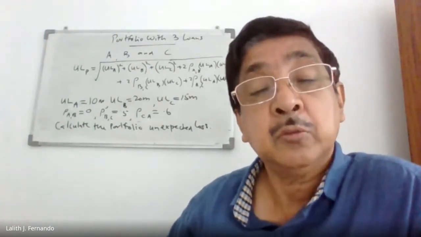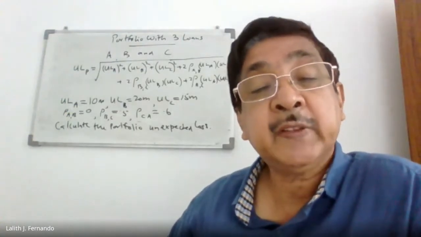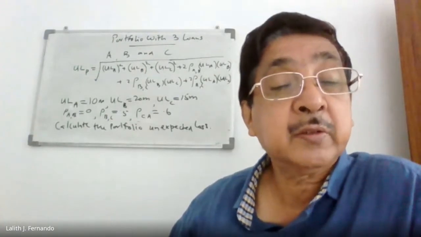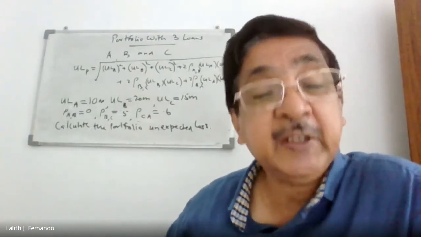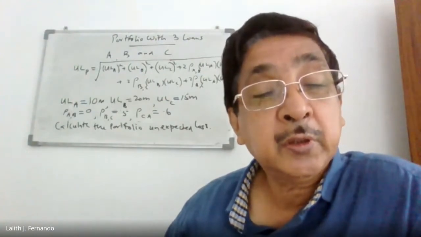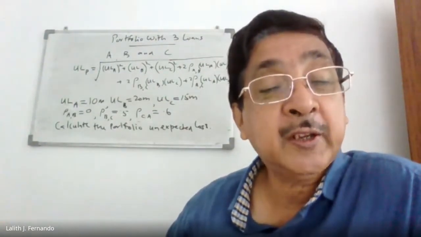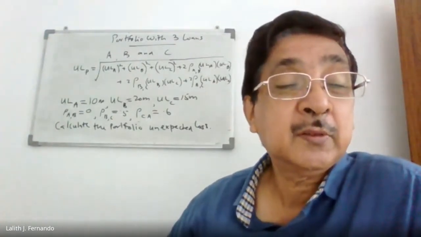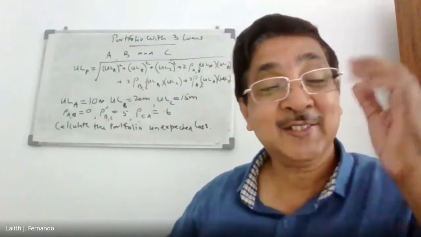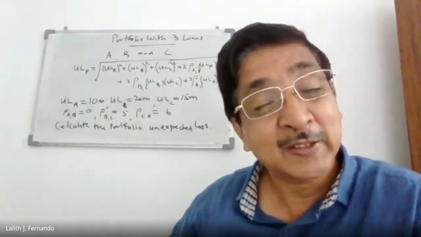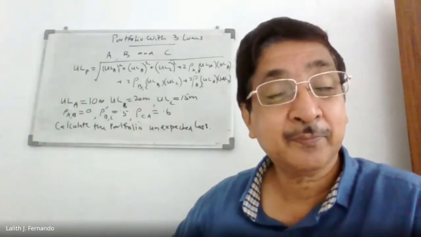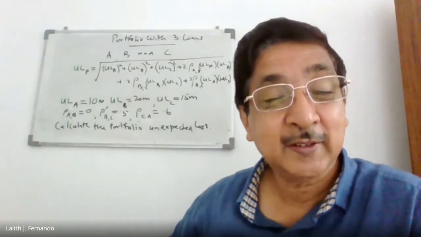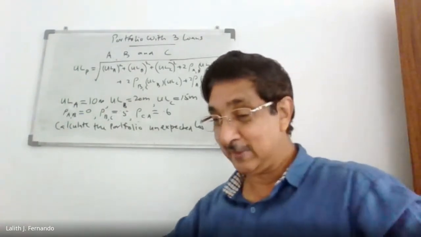Right. Now, you can see even with a certain difficulty, we will be in a position to calculate the portfolio unexpected loss for whatever number of loans you have in a portfolio, provided that you know all the correlations. Provided you know all the correlations, right? If all the correlations are zero, what will happen? Yes, I'm just asking a question. Right. I will give you a sum.